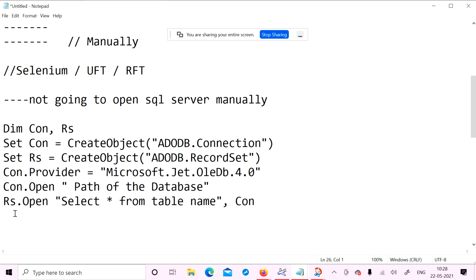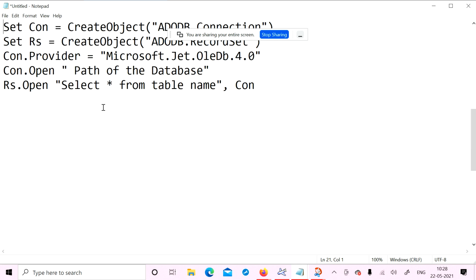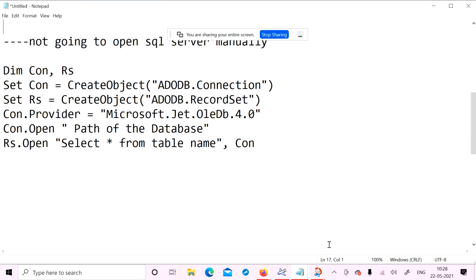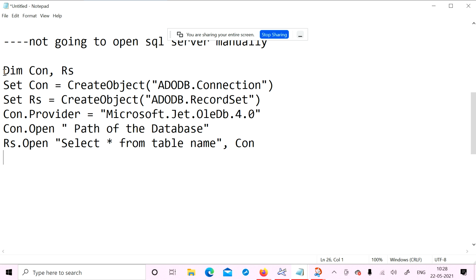Declare, and after that generate the basic script related to the automation testing. It's related to the automated tool, to this application script we need to write. Up to here, accessing the database. I am declaring two variables here.